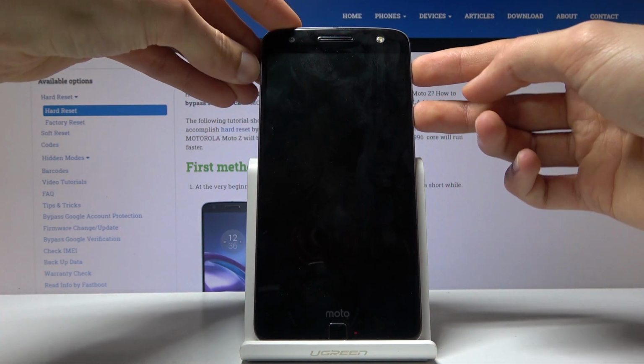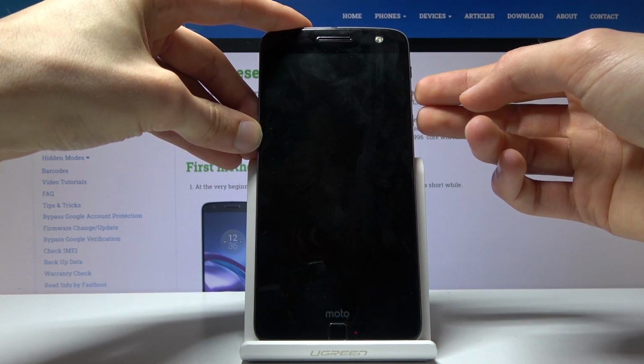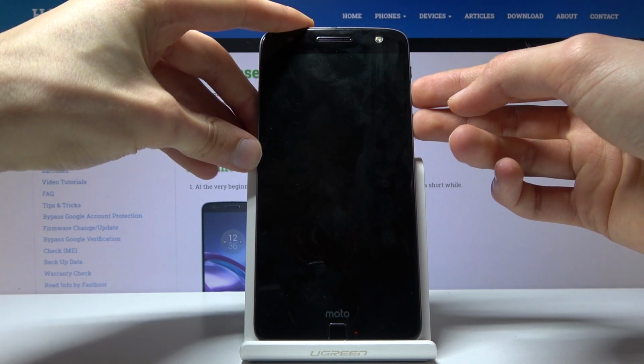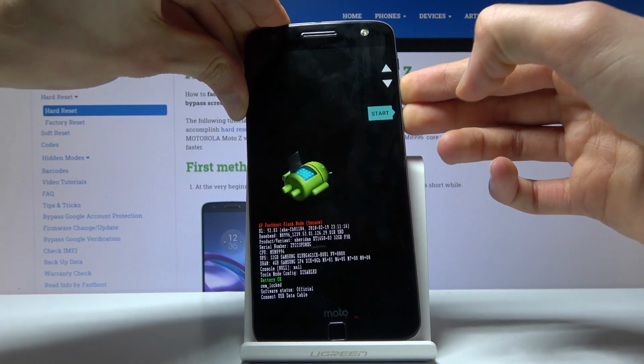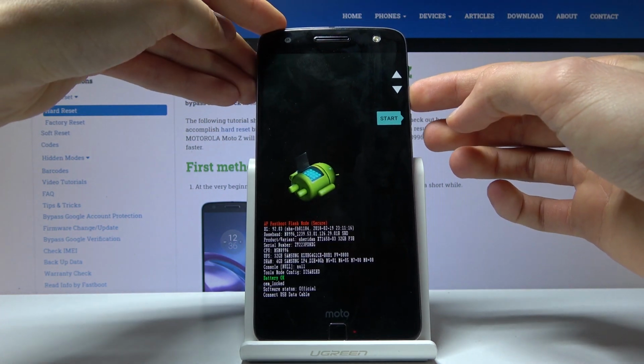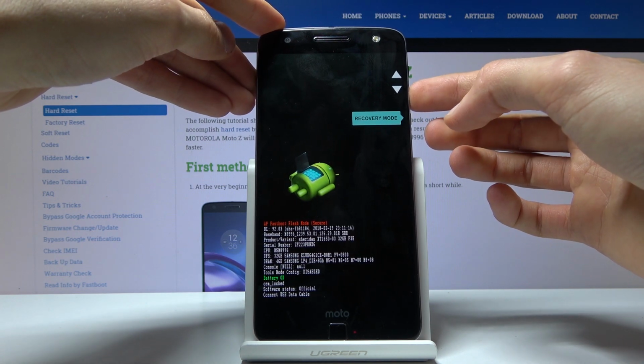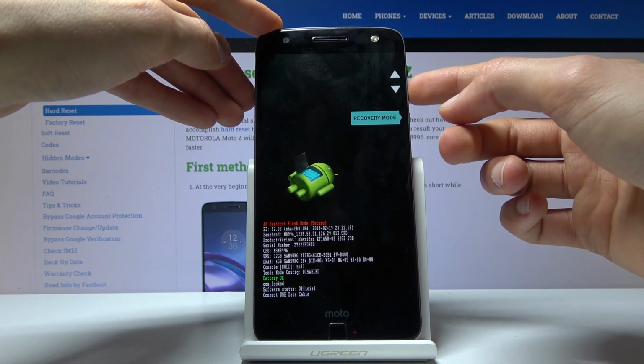So let's do that right now. Power key, actually I think it's volume down, might be actually. So let's do power key, volume down. There we go. So from here you'll see this mode, so you want to use volume up or down to